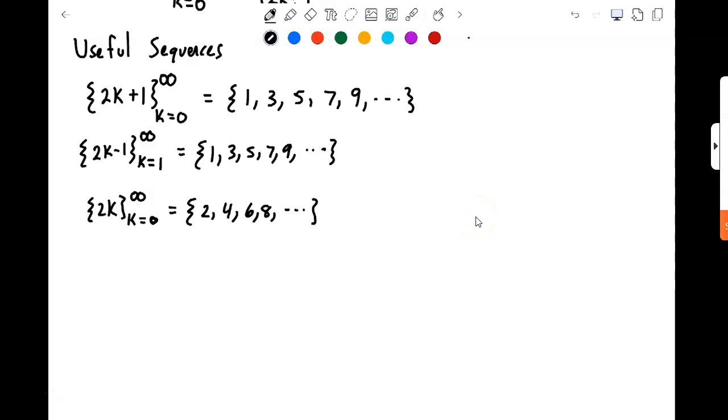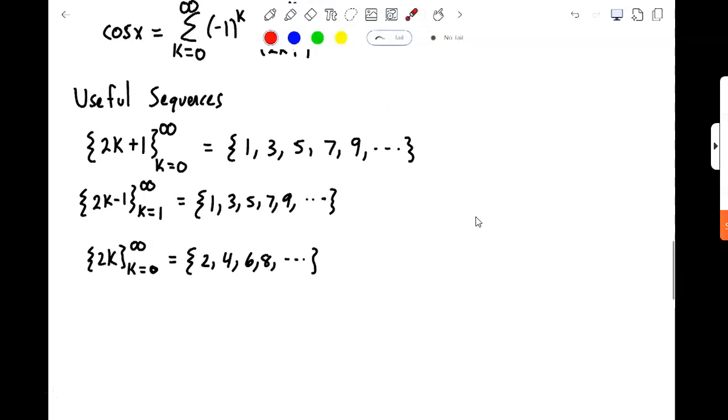All right, so before we continue on, I want to point out a couple useful sequences that are important to recognize. Of course, the first two are just our odd numbers. There are two different ways we can represent those. First is as 2k plus 1, as k goes from 0 to infinity. And that's one way to do it. And then you also see them as 2k minus 1, where k starts at 1 and goes to infinity, which produces